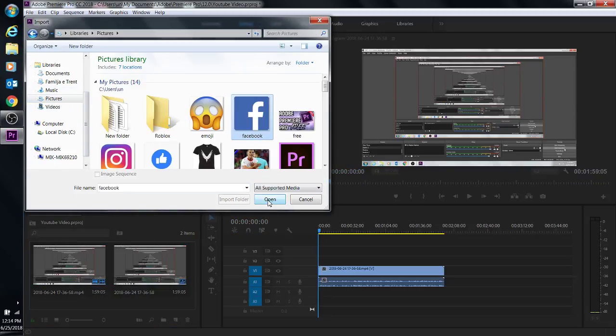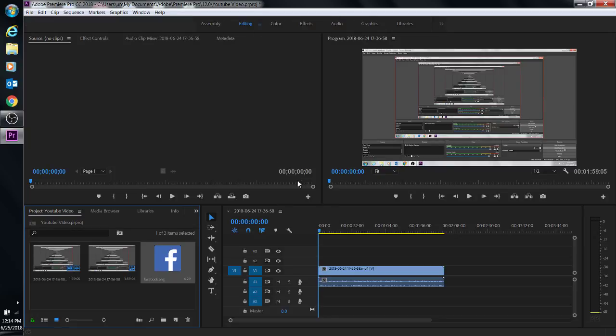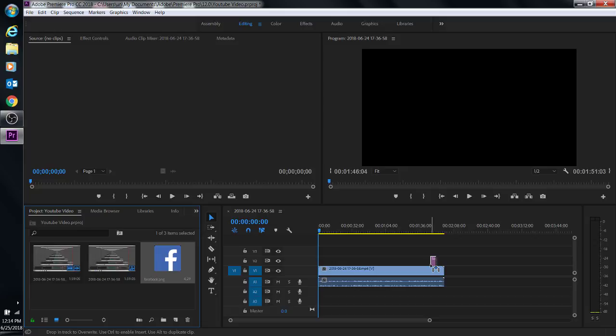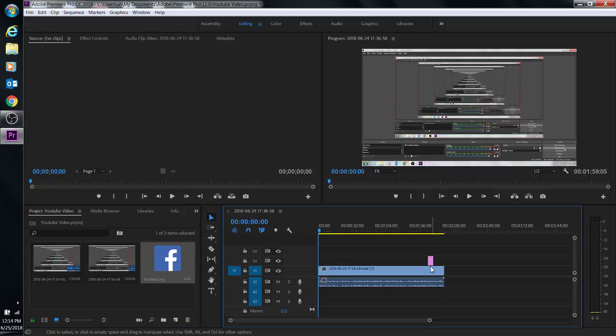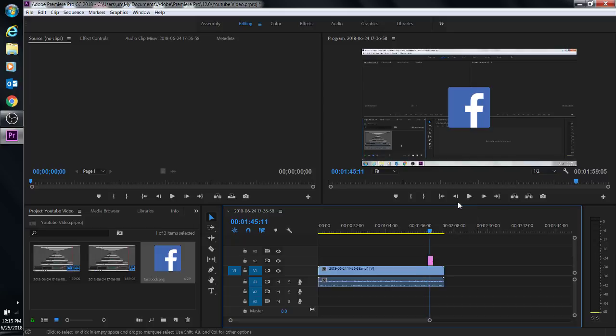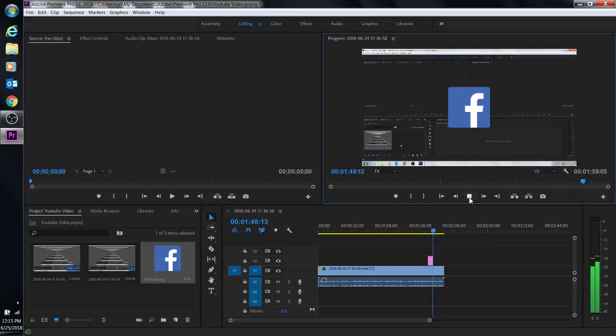Now, for example, I want to import the Facebook logo. So here you see I want to put it literally here. But if I want to put all three social logos at the same time,